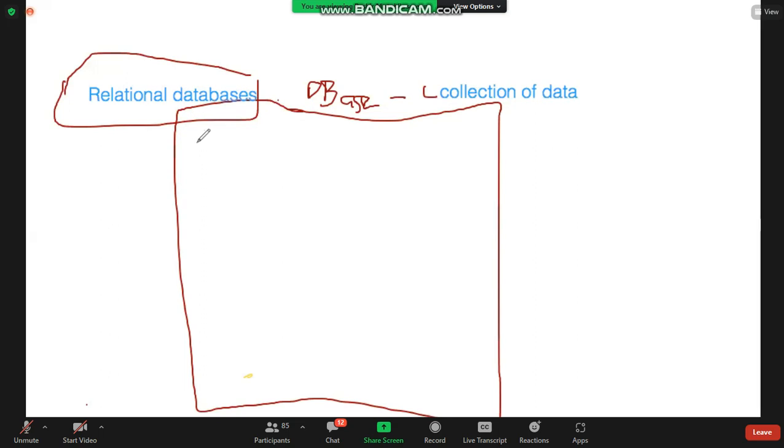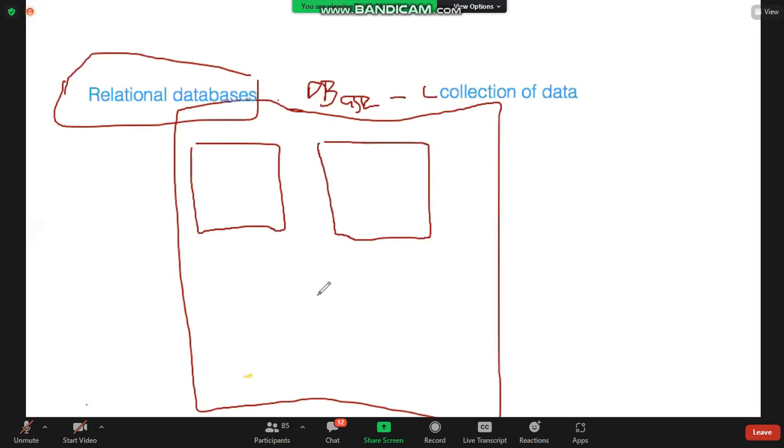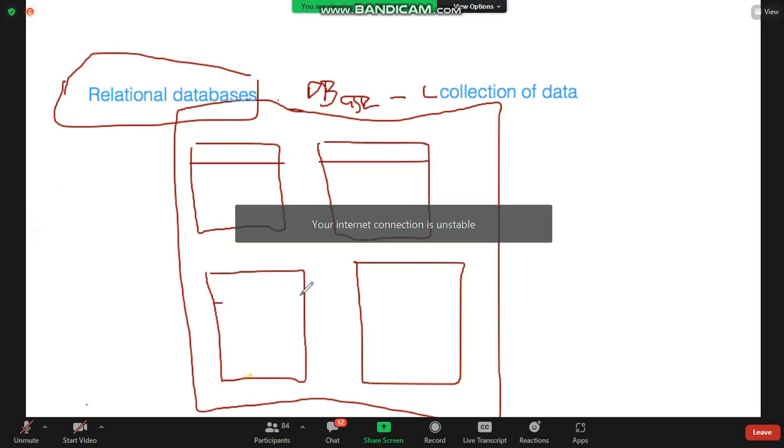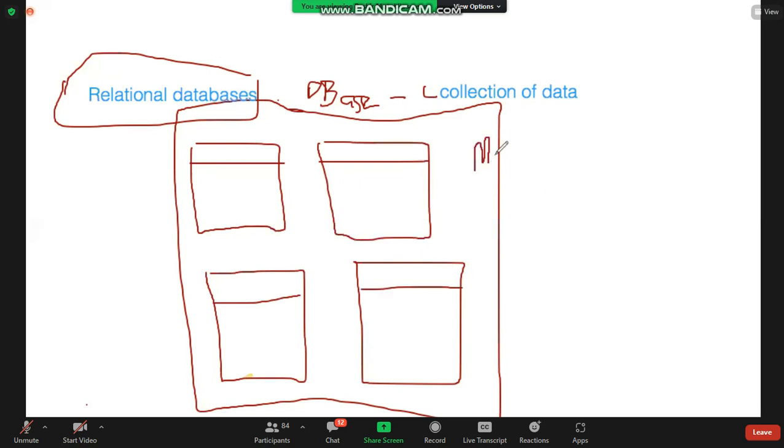Information or data in a database, we said last time, is stored in what we call tables. This information is what is stored in tables. So this is table 1, table 2, table 3. Assuming I'm developing a system or a database for MOOCs